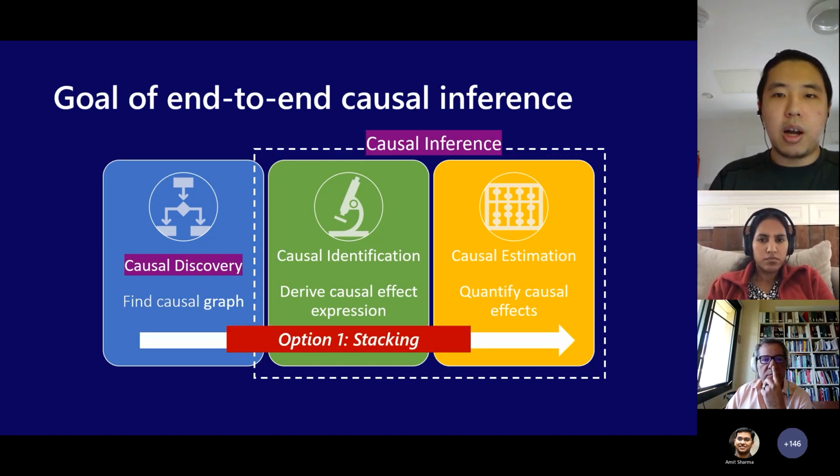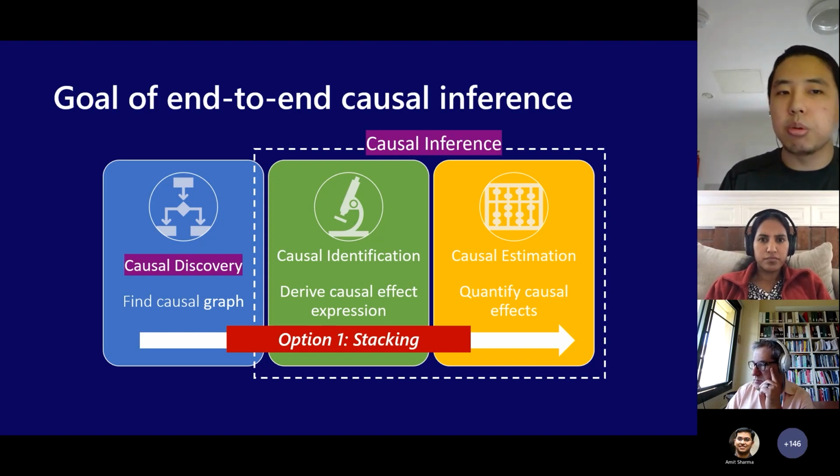All right, so in order to combine these two methods, there are two options to consider. The first and simplest is stacking, which means you take the output of a causal discovery algorithm as the input to causal inference. This is very simple to do.